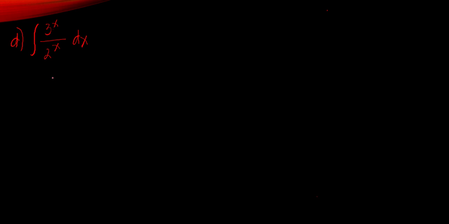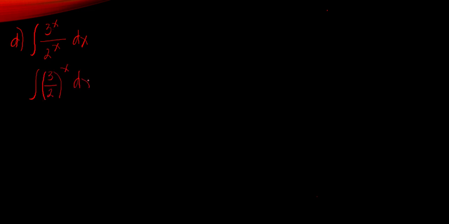So if you recall the laws of exponents, we can combine the constants and write it as 1 into x. So we can write this as integral of 3 over 2 raised